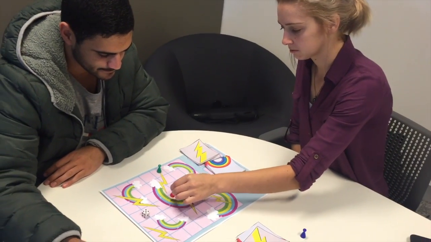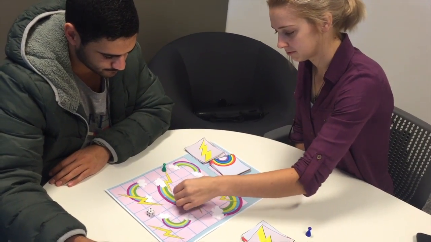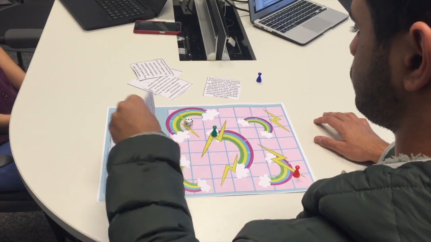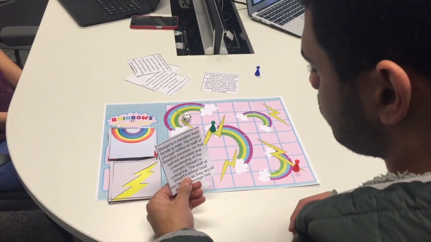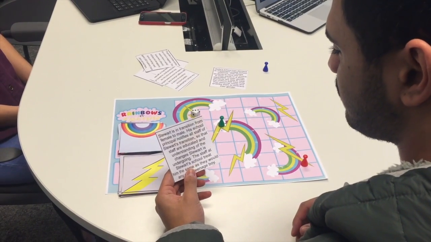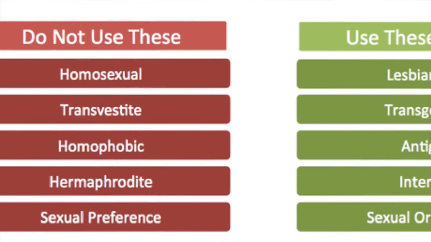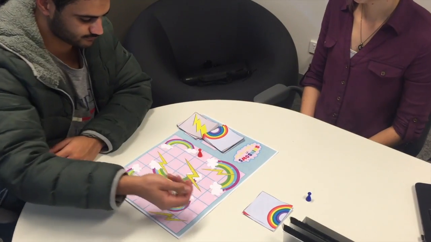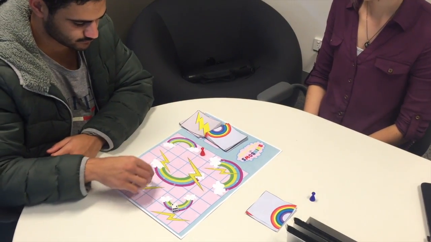Students will learn to adapt negative and positive scenarios to their experience in the game. When students land on a rainbow, they move up the game board closer to winning, and also read aloud a positive scenario card. This should help the students identify how LGBTQ students should be treated and how they should be experiencing school. This happens the same way when students land on a lightning: they move down the board and read